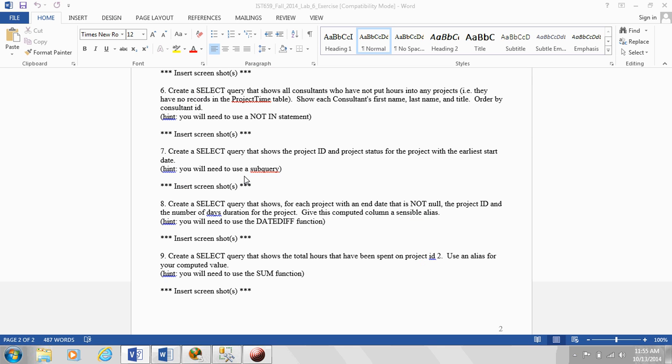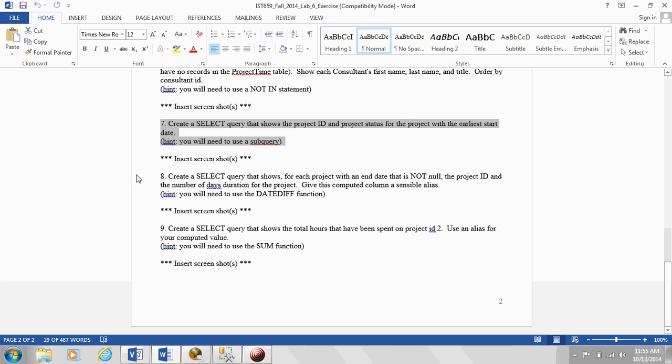So that should be a big help when you're trying to do this one. What's the next one? Create a select query that shows the duration of a project. Okay, and you'll need to use dateDiff. So for duration, what you need to do